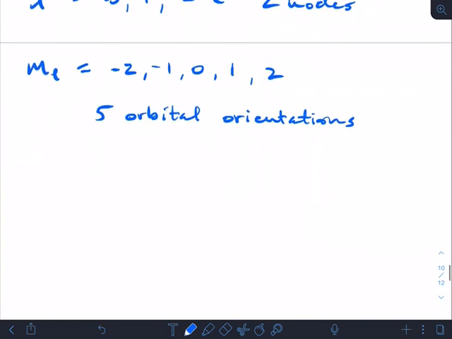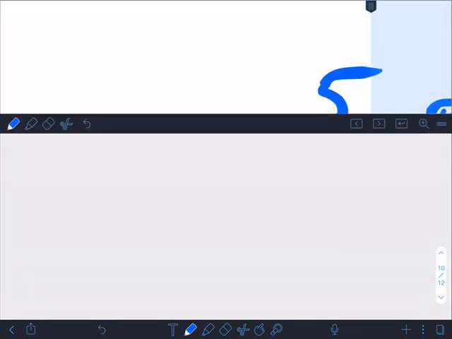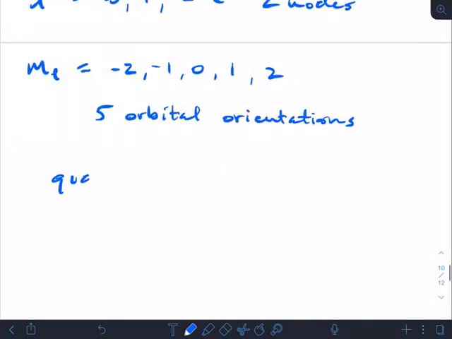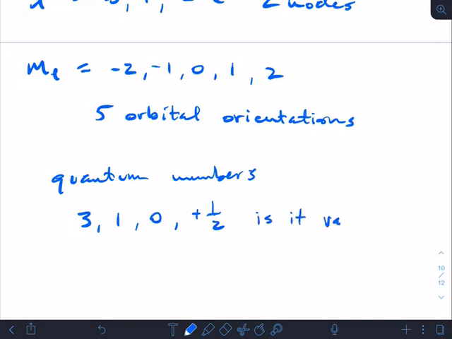So hopefully this makes a little bit of sense. If I were to give you a set of quantum numbers, let's say I said 3, 1, 0, and plus a half. Is it a valid set of quantum numbers? And the answer is yes, because